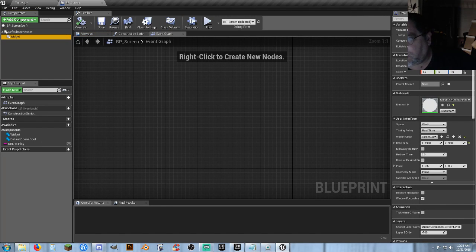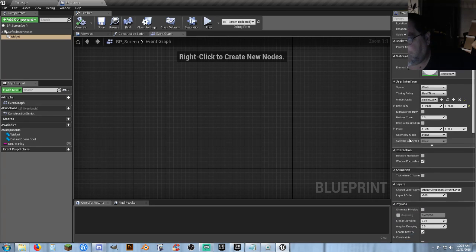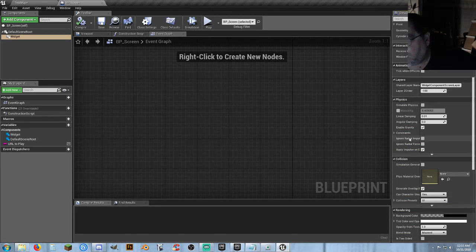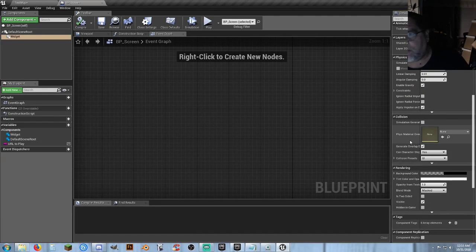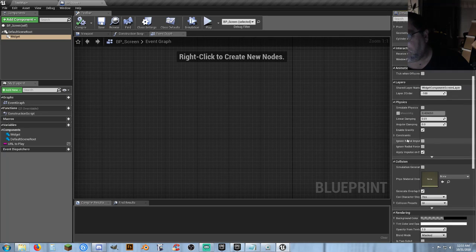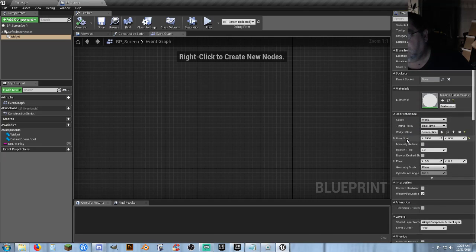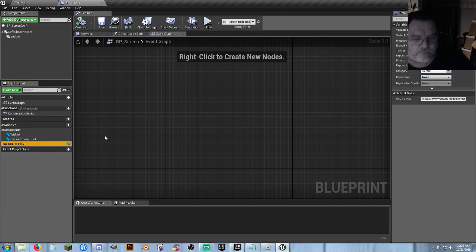The widget, all I've changed in here is the size that I want to display, which matches the size of my screen, which is 1900 by 900. I set the widget class to the screen widget, and there we go. There is nothing in here whatsoever that shows for attenuation, and I need some form of getting attenuation on this. There is no way of getting attenuation. That variable doesn't do anything, but